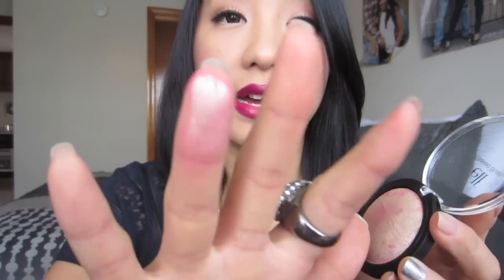I don't know if you guys can even tell. It's right there. This is totally a highlighter, not a blush. I find that it's extremely light. Like, you could barely...